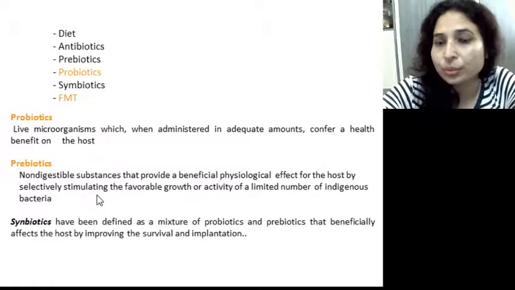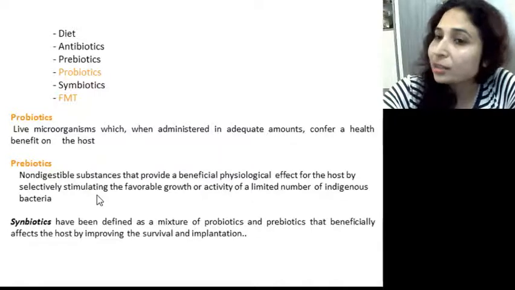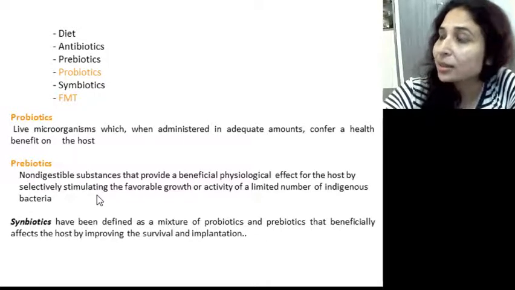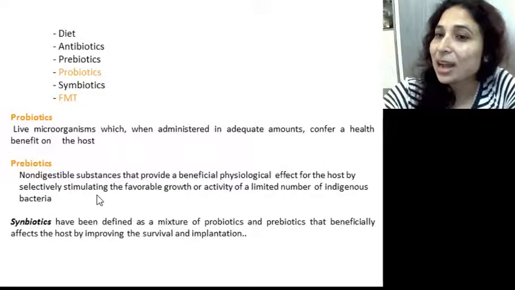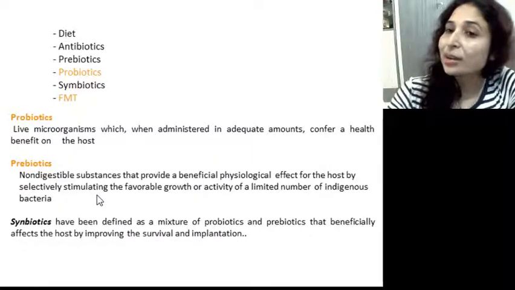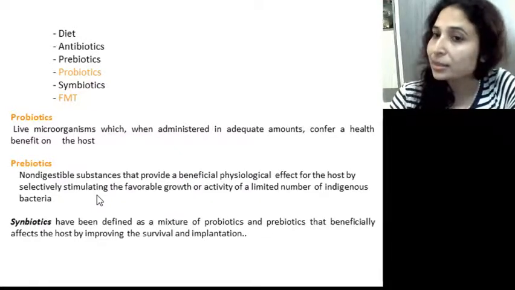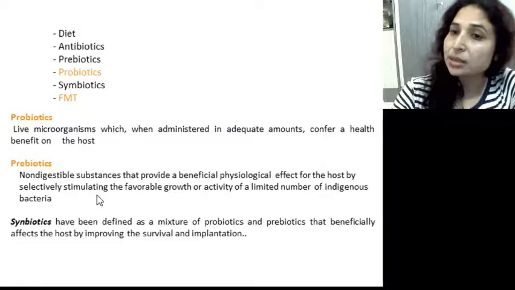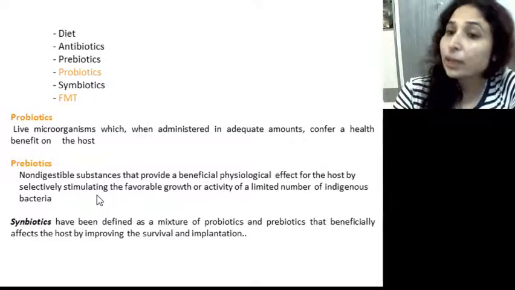So just to summarize how we can have a healthy gut: as we have already seen, the gut is the epicenter of whatever is happening in our body. So it's very important that the condition of the gut be first estimated, and then we can find ways to improve it with the help of diet, and antibiotics, if there is a certain pathogenic organism which should not be there for the good health of a person.